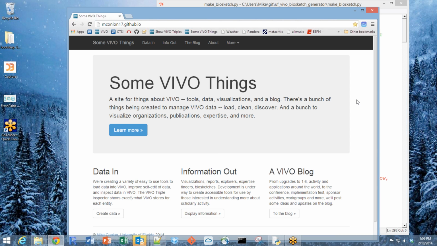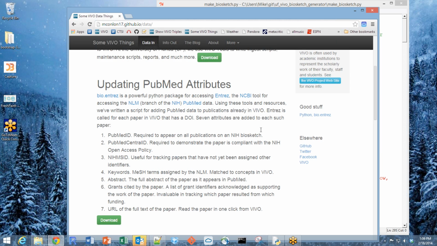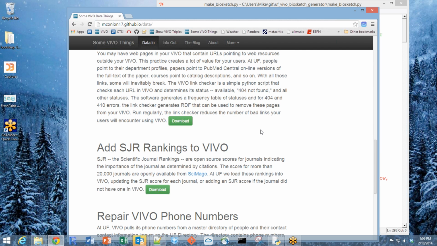It's mostly software that I've written that helps us get data into our VIVO, and that allows us to produce information from VIVO. And then I have a little blog where I'll talk about some things that I think are of interest to the VIVO community, or at least of interest to me. And if you head into the data in section, you'll see just various things that we've done